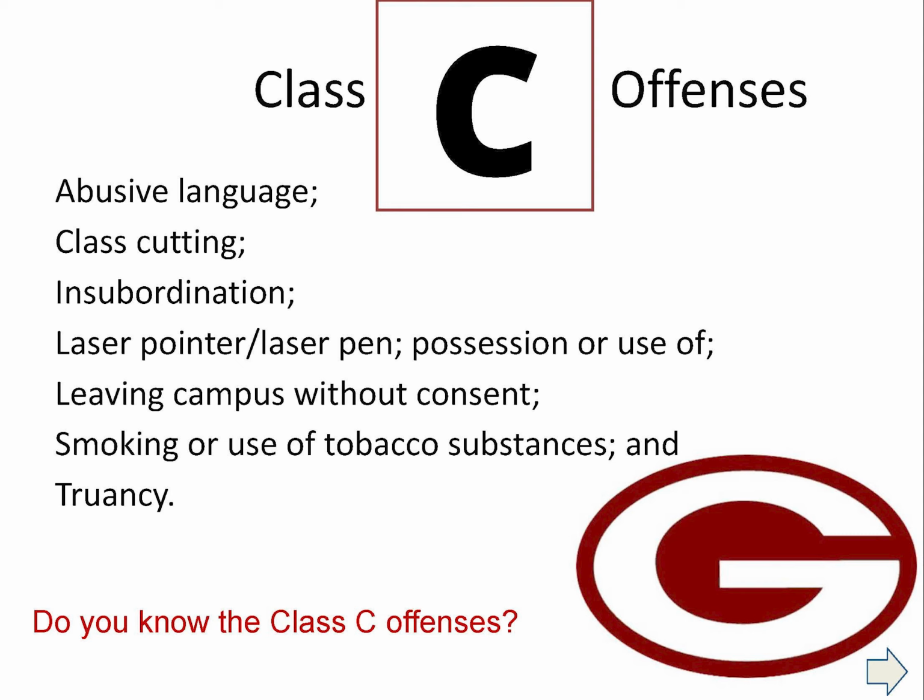Abusive language is a Class C offense. Abusive language is defined as a verbal message that uses words in an inappropriate way that may include, but is not limited to, swearing, name-calling, or profanity. Truancy means a student is absent from classes or school campus without authorization from the principal. Make the decision to attend all classes, check in, and be accounted for attendance and active participation.